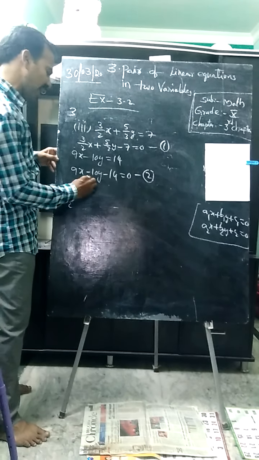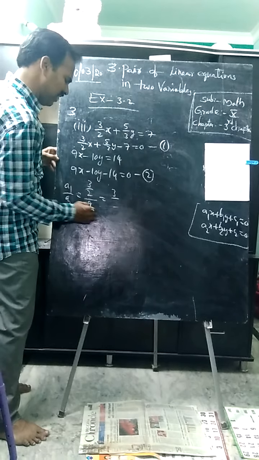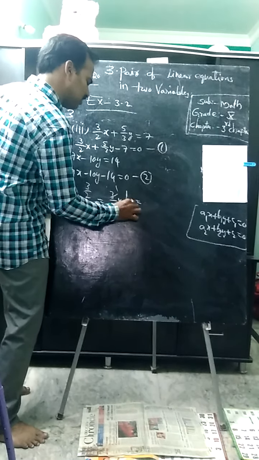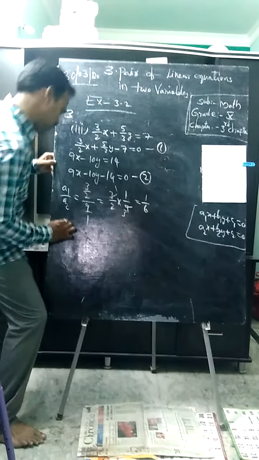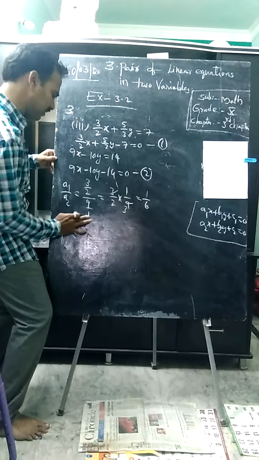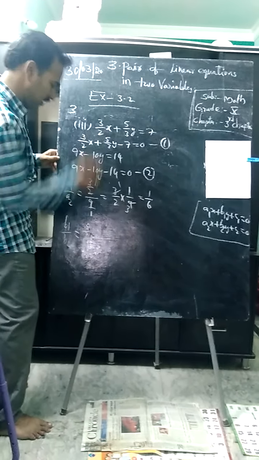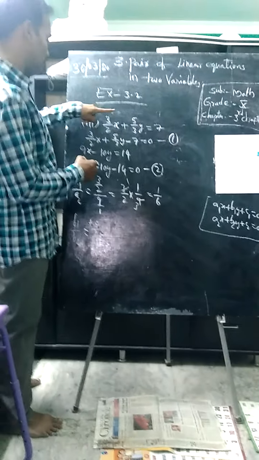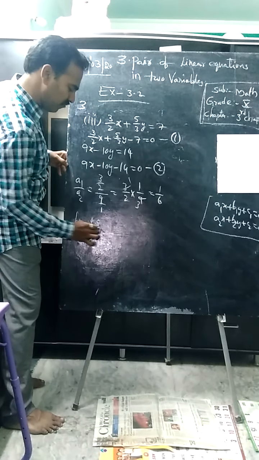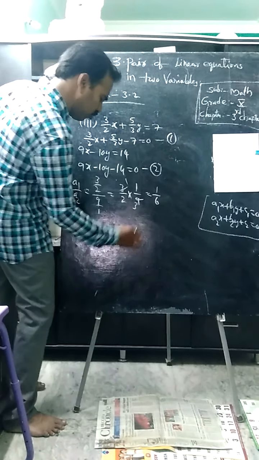Be a little careful, students, it is in fraction form. 3 by 2 by 9. You discussed already that 9 is nothing but 9 by 1. We can write 1 by 9. 3 ones are 3, 3 threes are 9, so 1 by 6. Now b1 by b2 equals, again the same method is applicable, 5 by 3 by 10. But here we have plus, here minus. See the symbols also, students. Be a little careful about symbols. If you make a mistake in symbols, the entire problem goes wrong.